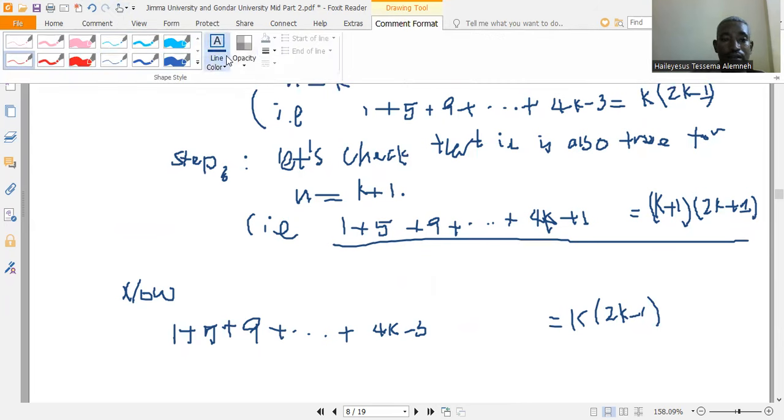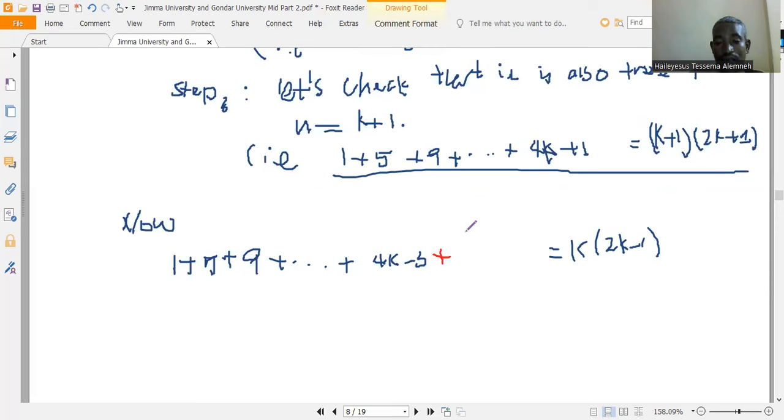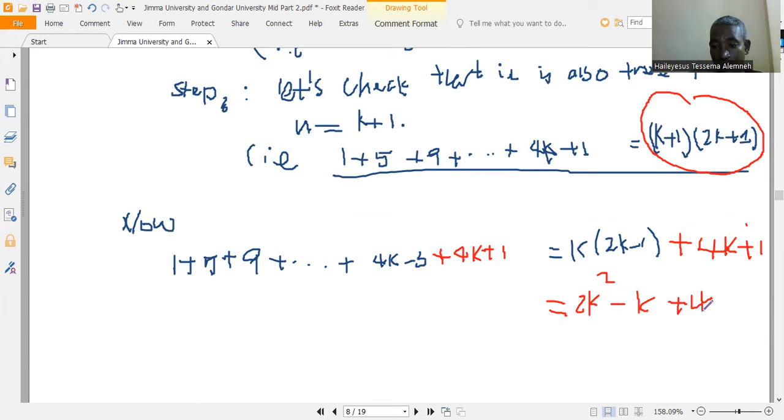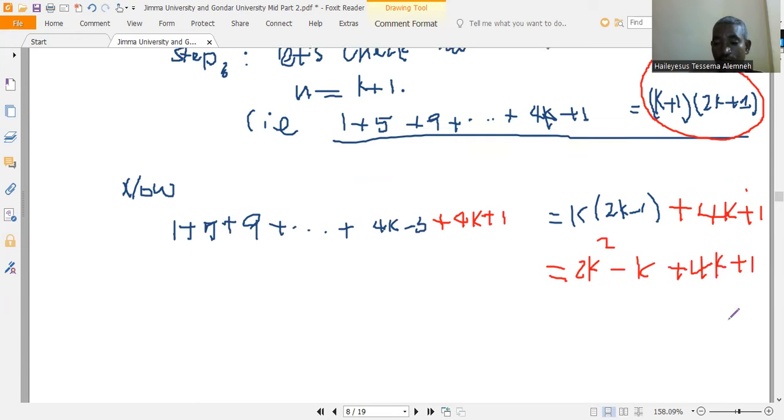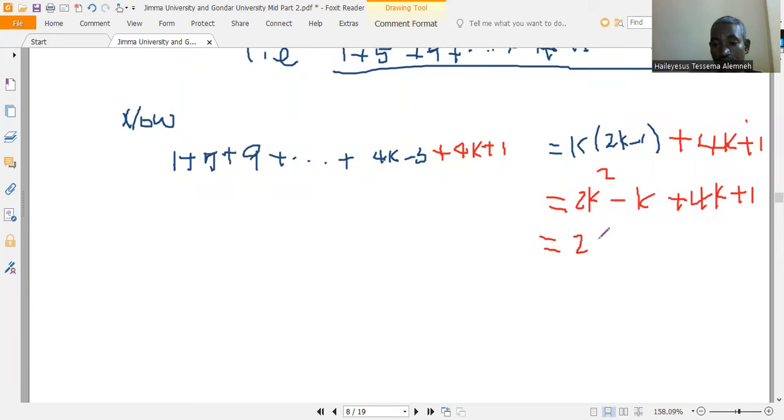ከዚህ አሳምፕሽን ላይ ኔክስት ተርሙን ልንጨምርበት ነው፣ ፕላስ ኔክስት ተርሙ ማለት 4k ፕላስ 1 ነው። በሁለቱም ሳይድ 4k ፕላስ 1 እንጨምራለን። በዚህኛው ሳይድ ያለውን ስንደምር, በk እናብዛው which is 2k square minus k ይሆናል፣ እዚህ ጋር ደግሞ plus 4k plus 1። ይሄን ስደምር which is 2k square, 4k minus k plus 4k which is 3k